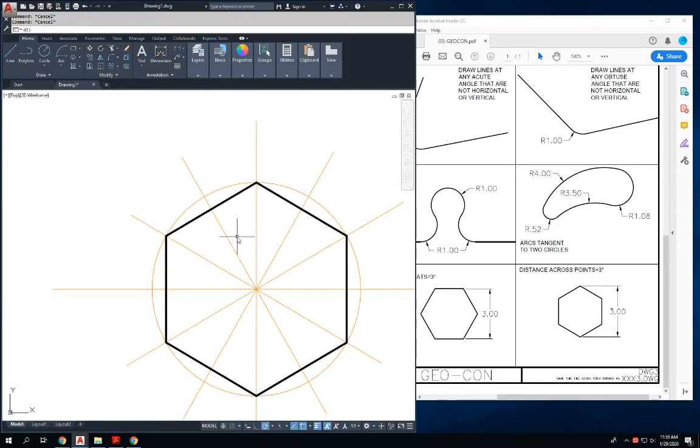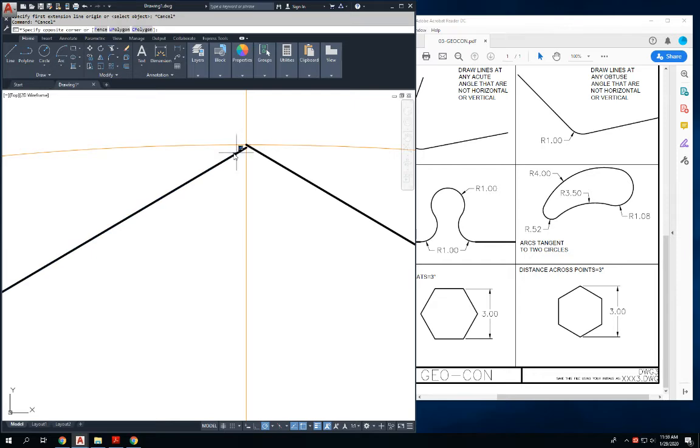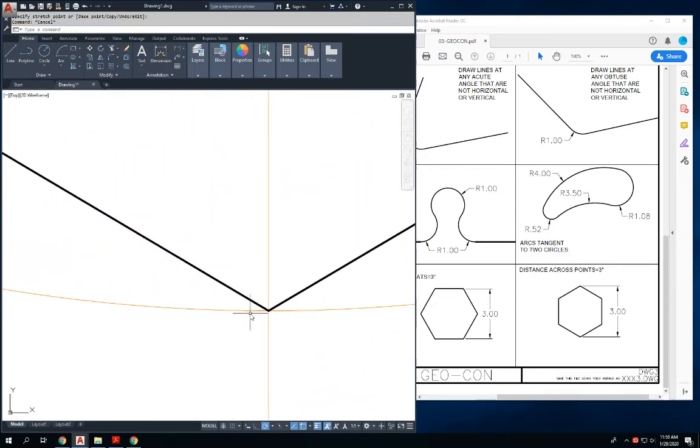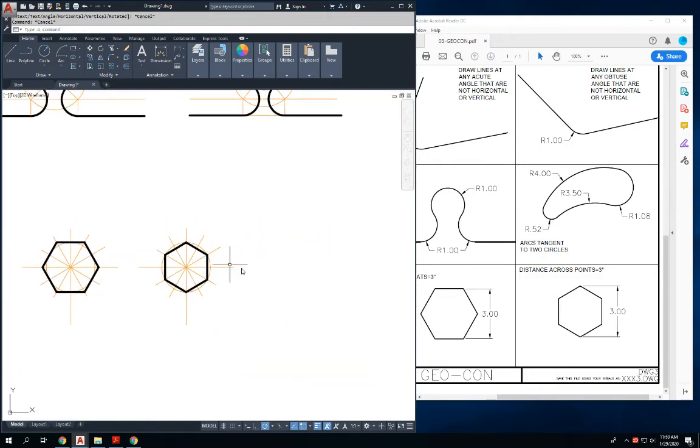So let's try that again and see if I... that's why. There's a little error right here that we want to make sure that we fix. Let's see if that corrected the error. Perfect. Okay. So now I want to just show you how to make those 2 hexagons using the